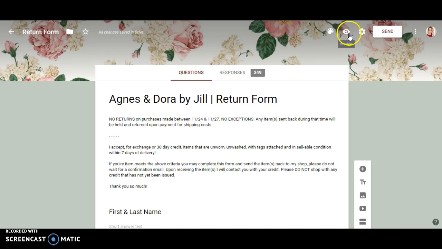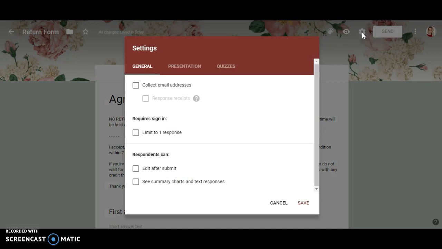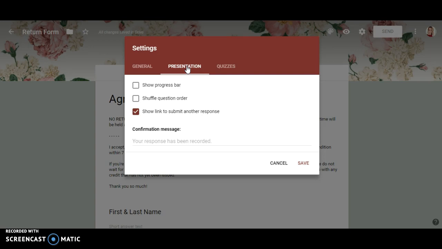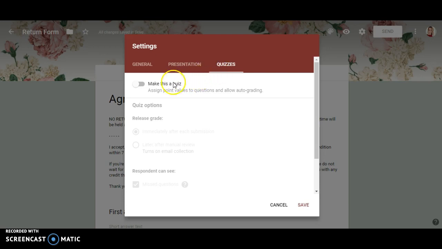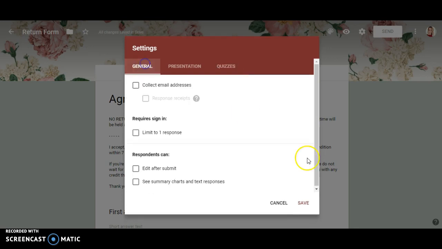You can preview what your form looks like and then settings. I can't remember what the settings does. Oh, so this is where you can limit one response, where they can't edit after they submit it, collect all email addresses, presentation. So yeah, you can make this a quiz. I mean, click around. I've never used any of those features, but I guess you can make it a quiz too. So, anyways,